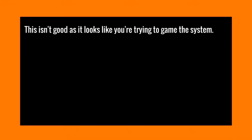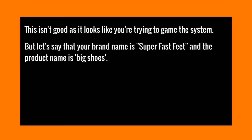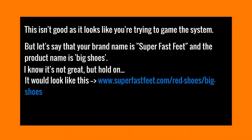Now, this isn't good because it looks like you're trying to game the system when in reality you might not be. But let's say, for example, that your brand name is Super Fast Feet. And as silly as that sounds, that's something that just came to my mind, and it'll make more sense. And the product name is Big Shoes. Now, I know that's not great, but hold on. It would look something like this: